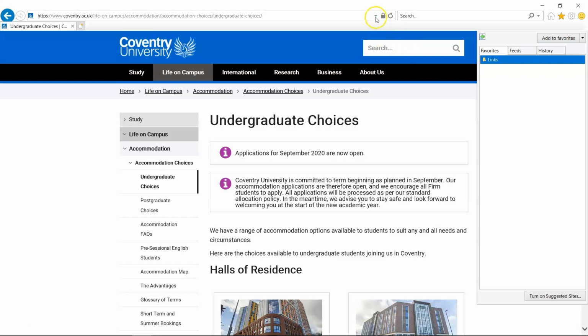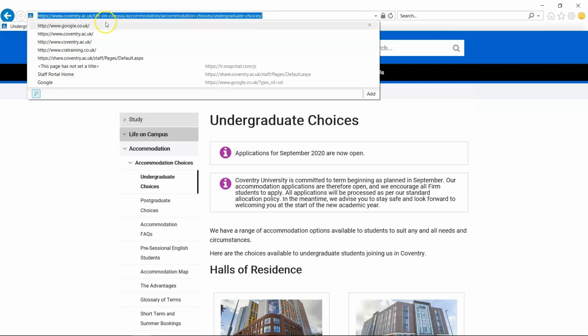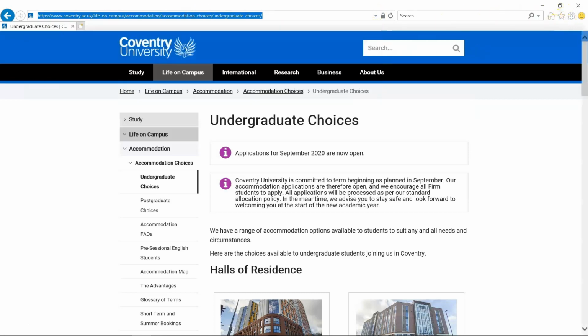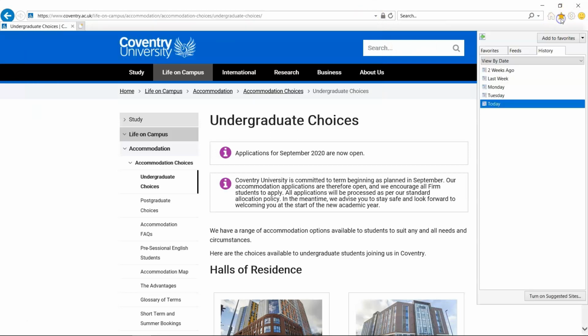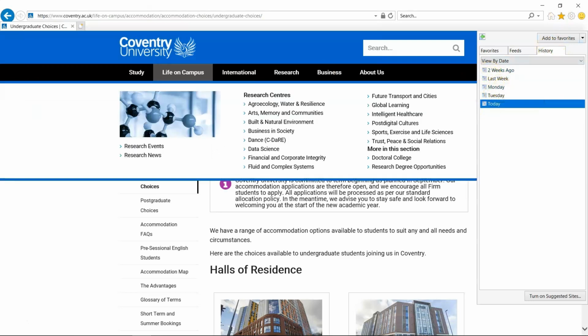You can also see your past history just here, and if you click this arrow just on your URL, it will show you the past pages you've been to too. So you may be asked in your test where would you click to see previously visited web pages. Got there, and you can also see by the history too. You can add a web page to your favorites. So click favorites, add to favorites,